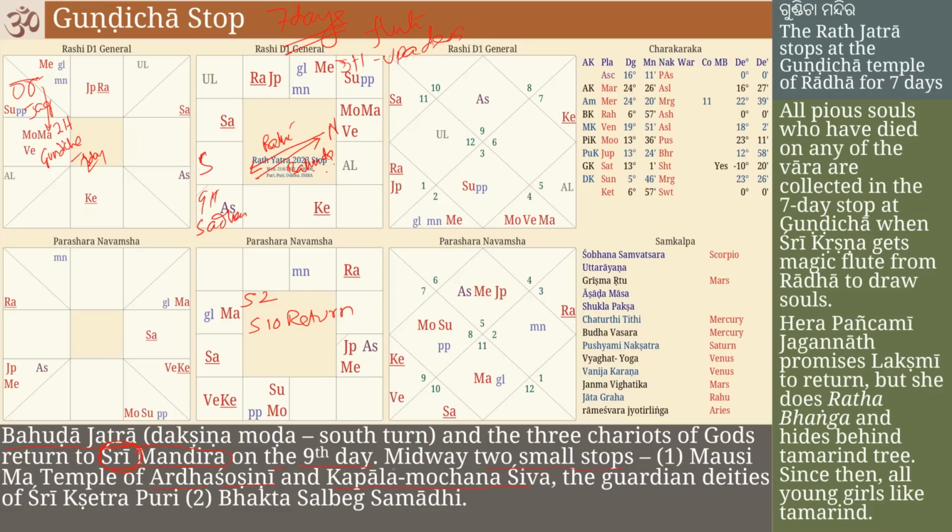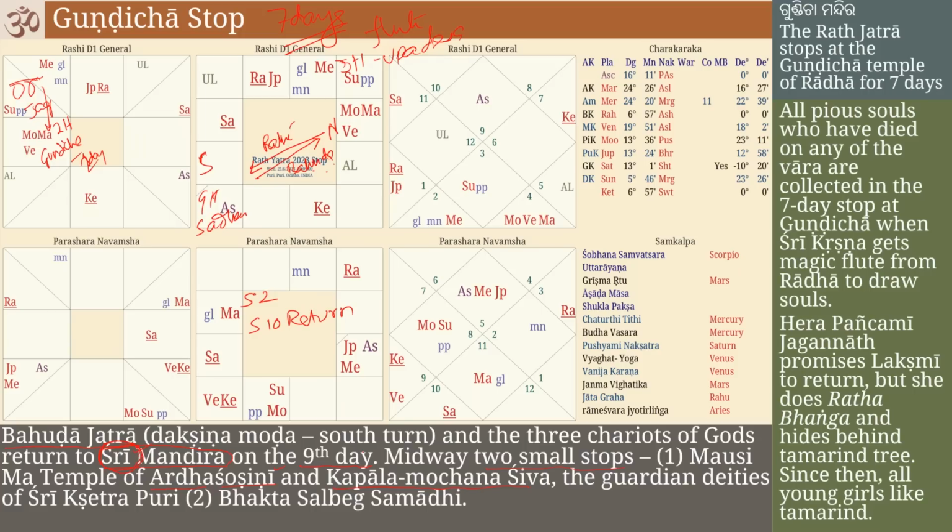Kapala, the skull. The skull or the head or the Kapala is associated with our thoughts. And all our Ahankara is also there in the head. Head is the cause of the Ahankara. And all that is the Mochana, means to be freed. This is the work that Lord Shiva and Parvati are doing for us.